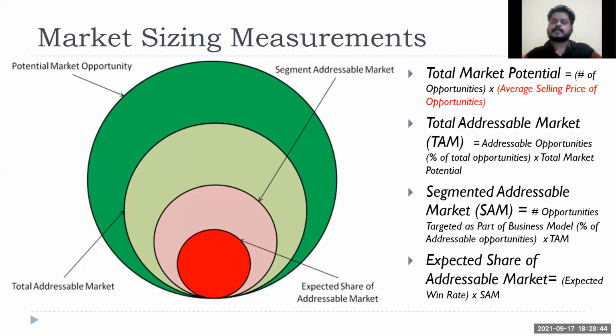So this is my total market potential. Out of that, I can address this much market, based upon what kind of software, product or services I'm going to sell. Out of that, what is my segment? It is not possible to target everybody, right? I have to find out the first one.